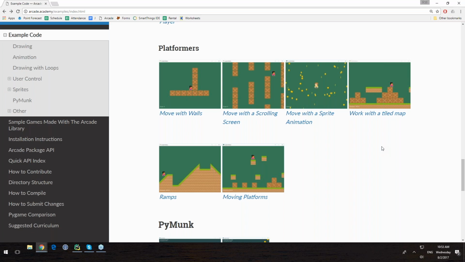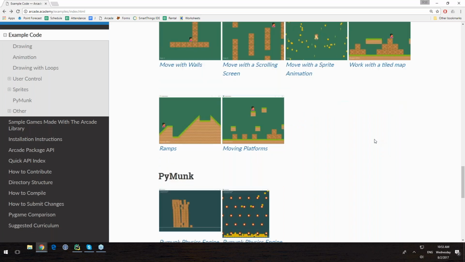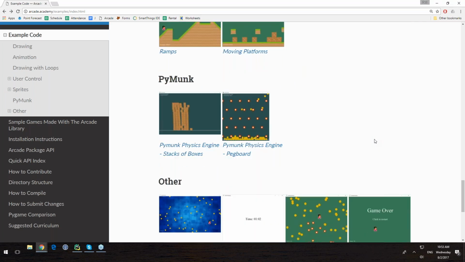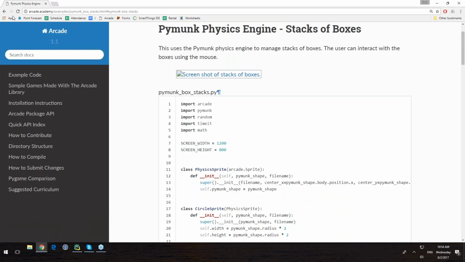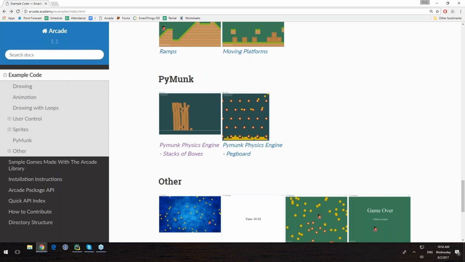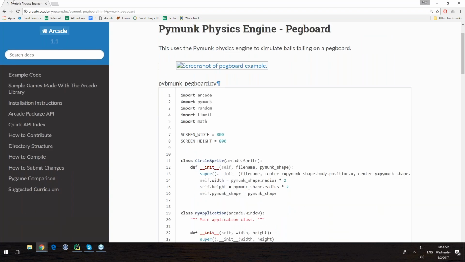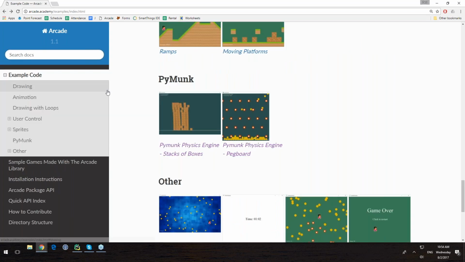Show them how to work with output from Tiled, that program that allows you to create 2D grids. If you've ever used Tiled, it's a really nice way of creating 2D maps. They can do that. I also show integration with PyMunk. PyMunk is a 2D physics engine, which is kind of fun, where you can create stacks of boxes. Whoops, I got a link that doesn't work there. Basically, you can create stacks of boxes, and it'll actually respond to physics.